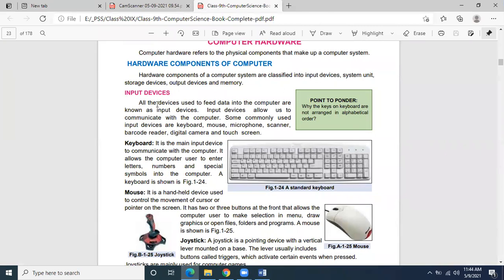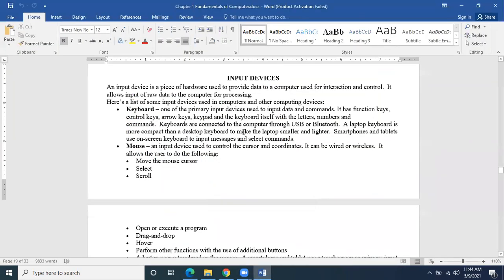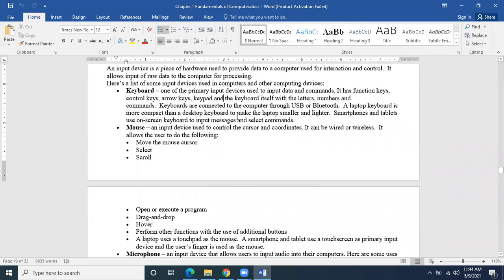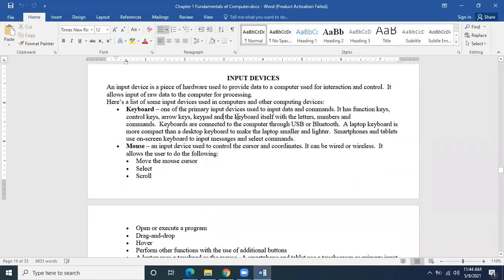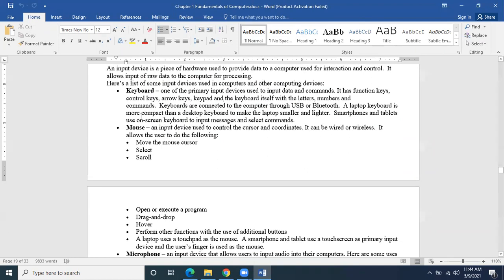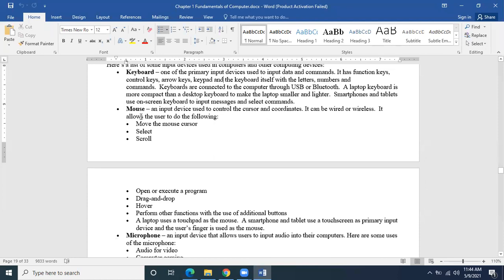Input device is the device using which you enter data or commands to the computer system. The most common device is the keyboard. Keyboard is normally attached by PS2 port or attached with the USB port. It is also nowadays available wirelessly using Bluetooth. Keyboard can be a smart keyboard or a normal standard size keyboard having numeric keypad. There are different sizes of the keyboard available today. Different smart keyboards are also available to give data and command.